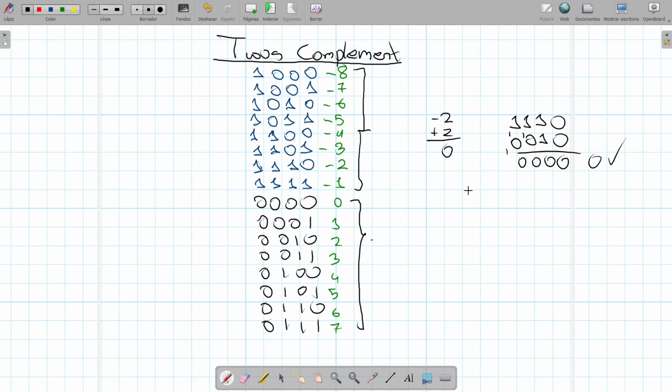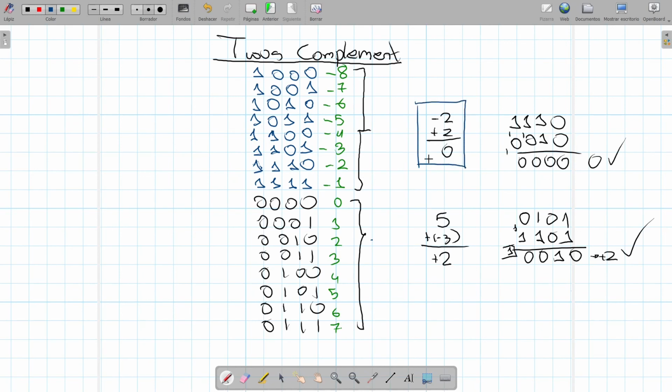So that's great. Let's look at any other addition. Let's do 5 plus -3. This would give us +2. Let's see. So 5 is 0, 1, 0, 1. -3 is 1, 1, 0, 1. So 1 and 1 is 2. That's a 1. 1 and 1 is 2. 1 and 1 is 2. We forget about this one. And this is a 2 plus 2. So that works great again. So as you see, 2's complement, which is very easy to do, solves